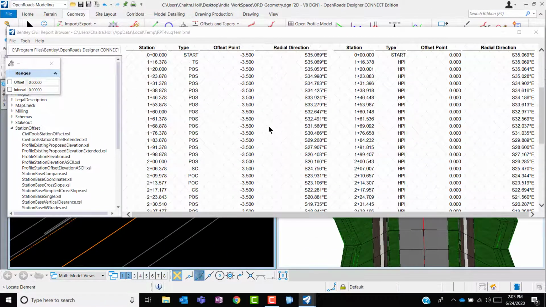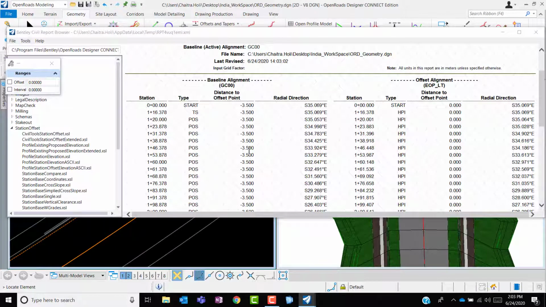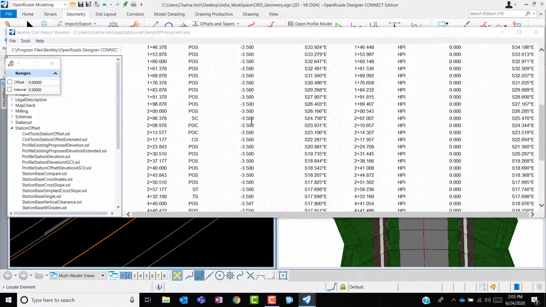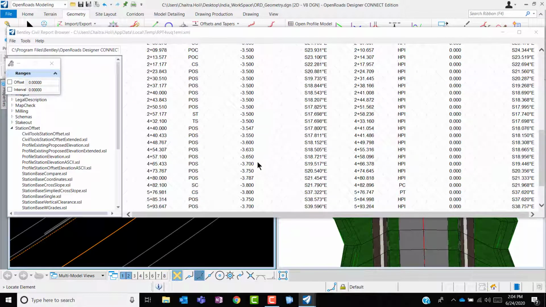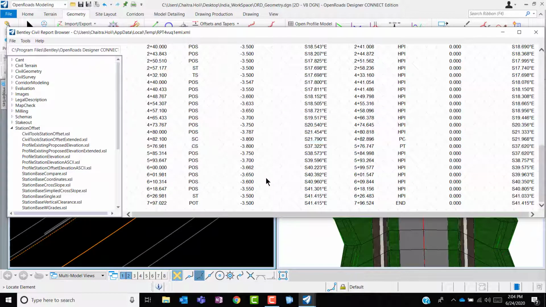It gives the report at the distance offset with respect to your center line. At the second curve, where this is the start and end of the curve, the widening has taken place, and this is a tapering portion, a transition portion where it is transitioning from 3.5 to 3.8 meters. You could view it in this way.